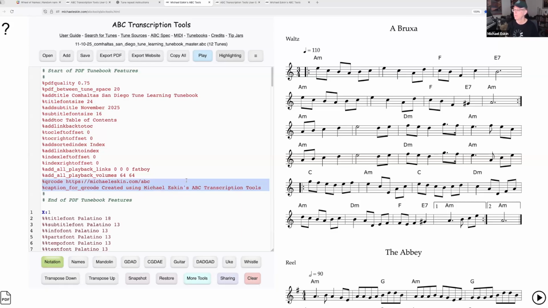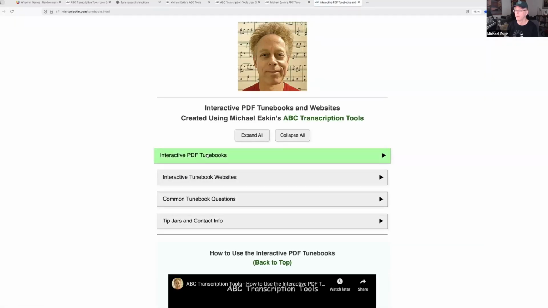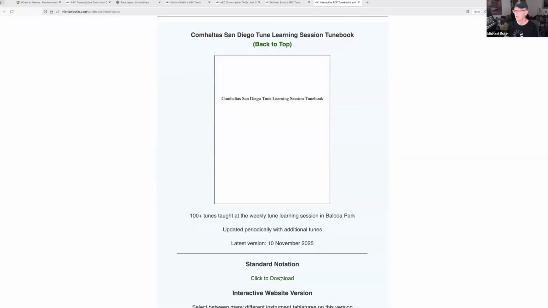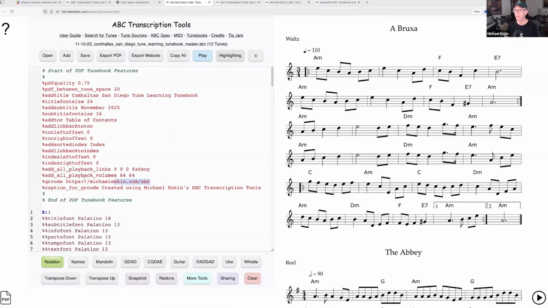and these have to do with the ability to put a QR code at the end of the tune book. So for example, if I want to have a tune book like this, but then at the end I want to have a link to the tune book where it's stored. Let me find an example here of a cultist tune book. Okay, so I'm going to just grab the link to this, copy the link. Okay, so let's say here I've got the cultist tune book, and I want to have it so that there's a QR code at the back of the book